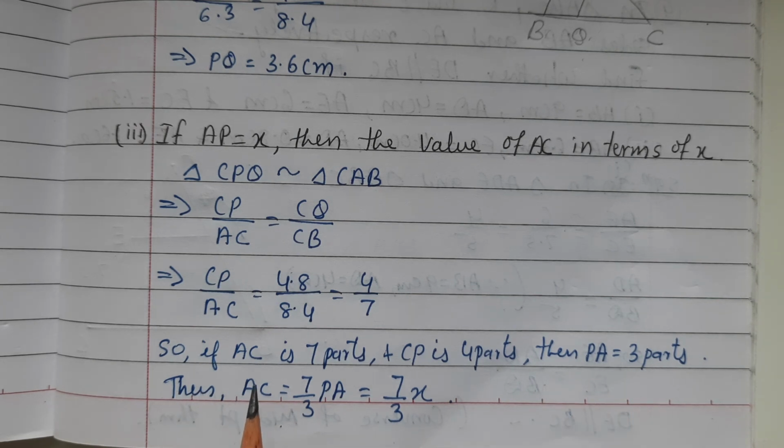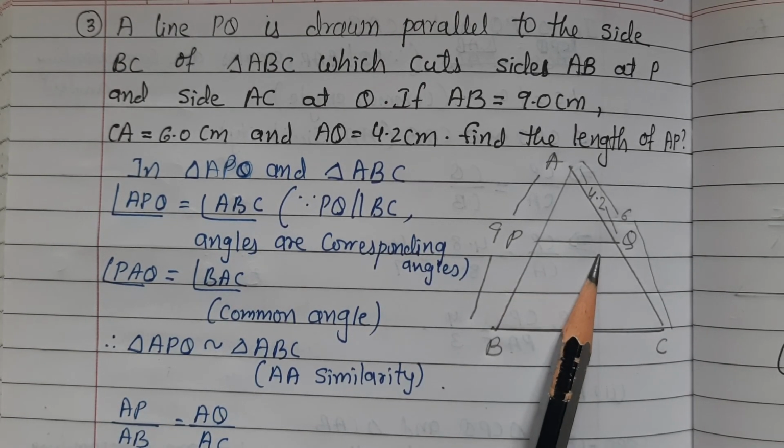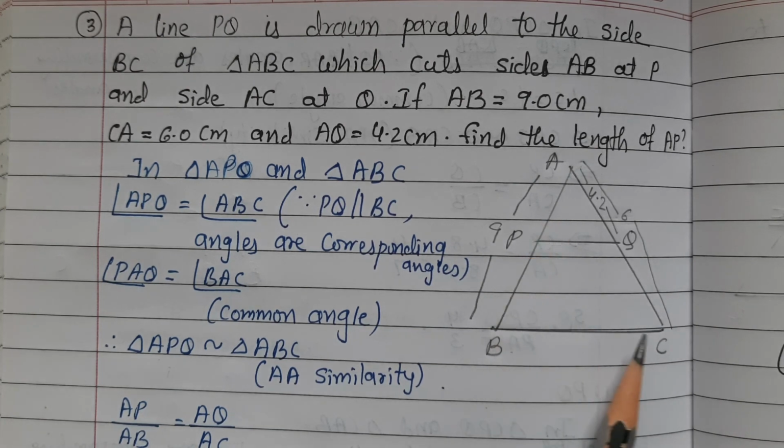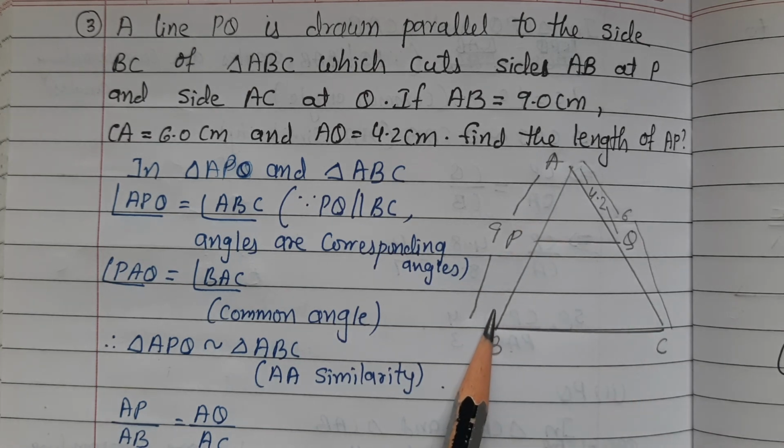Thus, AC equal to 7 upon 3 PA equal to 7 upon 3 X. Sum number 3. A line PQ is drawn parallel to side BC of triangle ABC, which cuts sides AB at